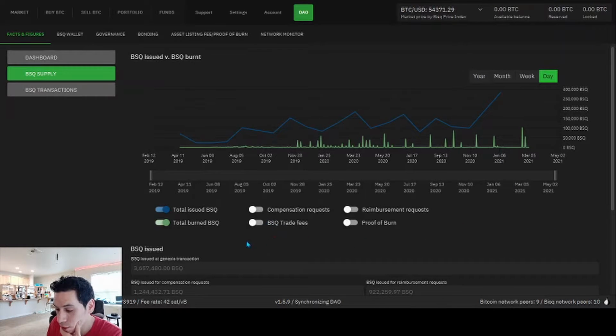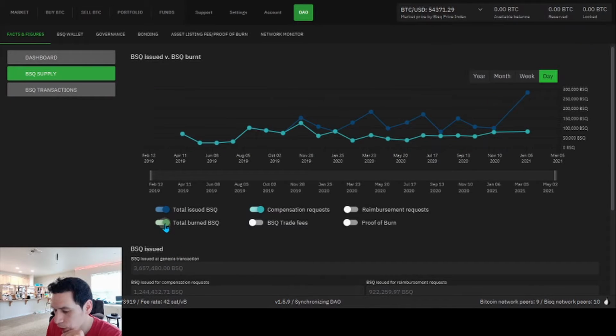Yeah, pretty sweet toggles here. Total issued versus total burnt. Of course, the more Bisq grows, the more will be burnt. You can also look at the requests, how much BSQ has been issued through compensation requests. Now comparing that to the total amount of issued BSQ,